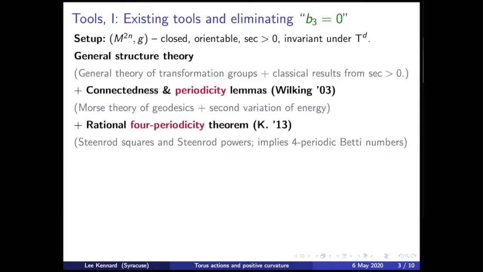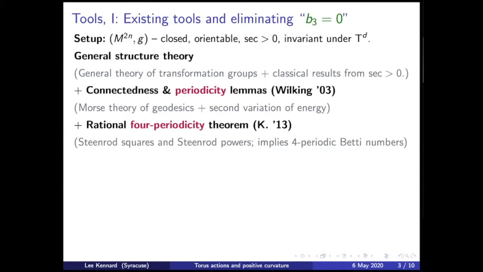I'm going to mention this a bunch of times without defining it, my apologies in advance, but all we really need to know is that this implies that the Betti numbers are 4 periodic, all right? And if you think about positive curvature and how that implies that the first Betti number is 0, this implies, therefore, that the 5th Betti number is 0, and then 9th, and so on. So you get half of the Betti numbers vanishing from this condition.